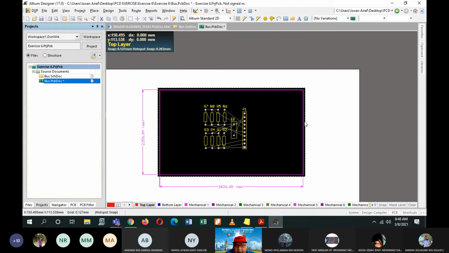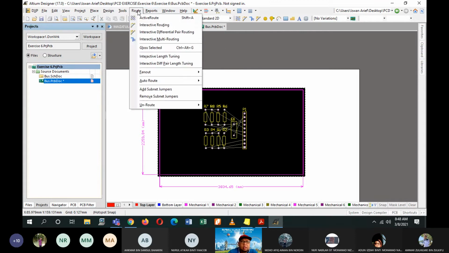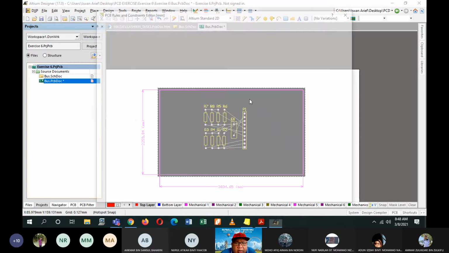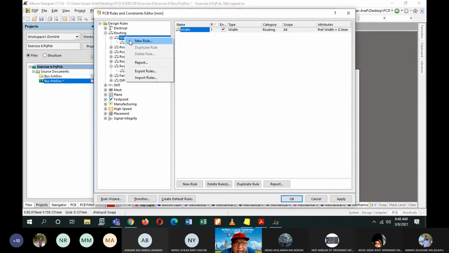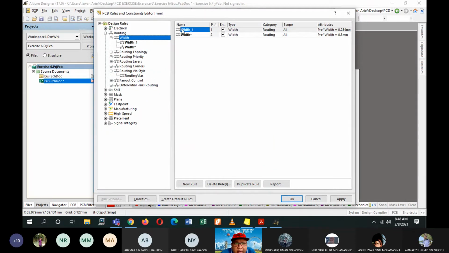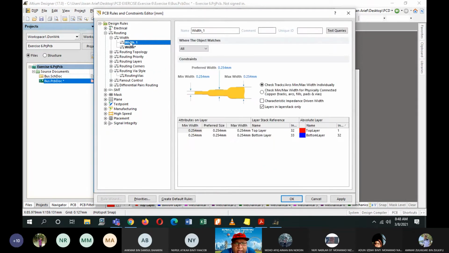And then what else do I have to do? I have to set the rules first. Design rules. Okay, so here I have to add another one with the name of power. So do not forget these steps.